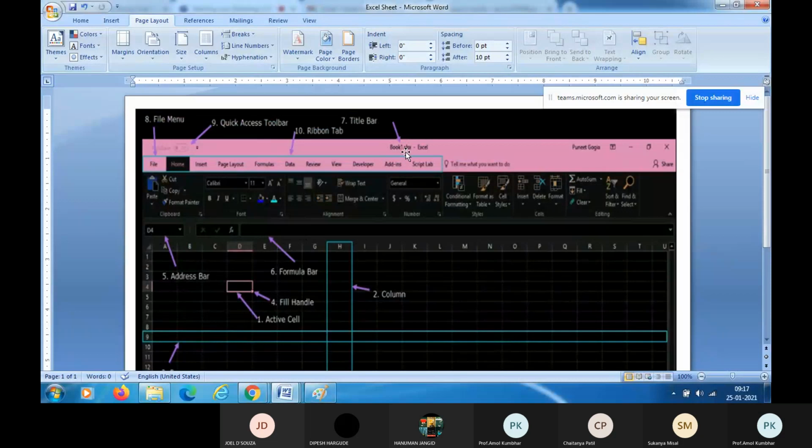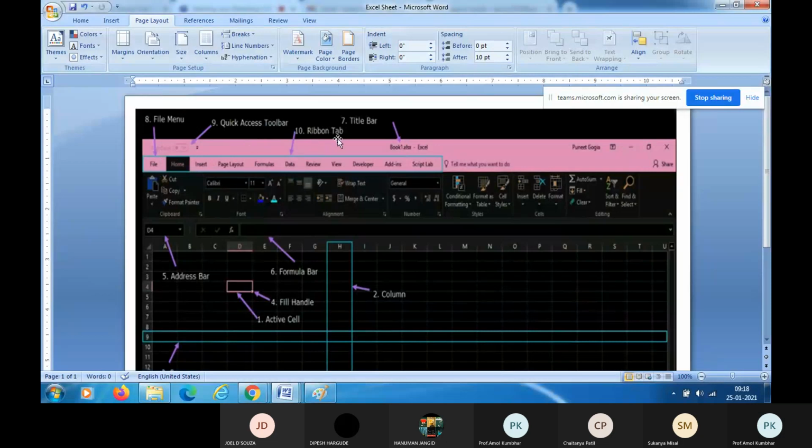This is the title of this active worksheet, Book1.xlsx, right? So this is the title bar for this active worksheet. The file menu is there. The eighth component is the file menu. The ninth component is the quick access toolbar. This is the quick access toolbar.